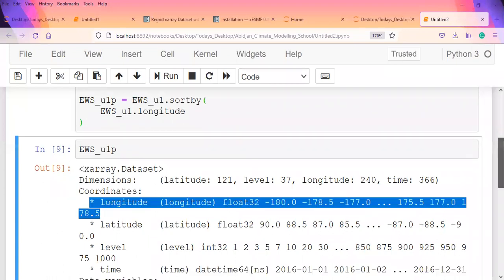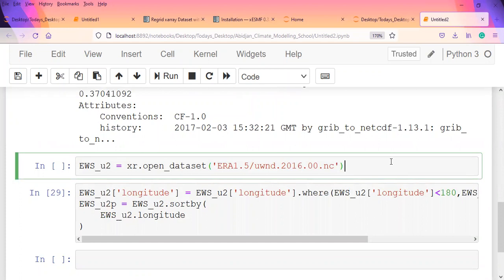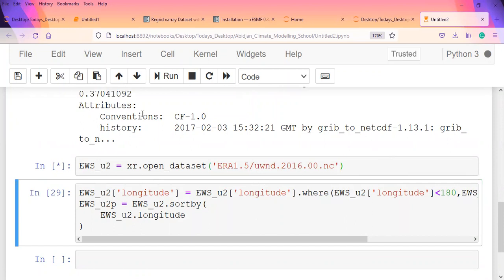For alternative 2, I just decided to copy the data again. So we have this EWS_U2 being the same data set. And then the next approach is, instead of reassigning coordinates, what we do is pull out the longitudes using the array format. Okay, so with EWS_U2, which is the same data set we read, we pull out the longitude and